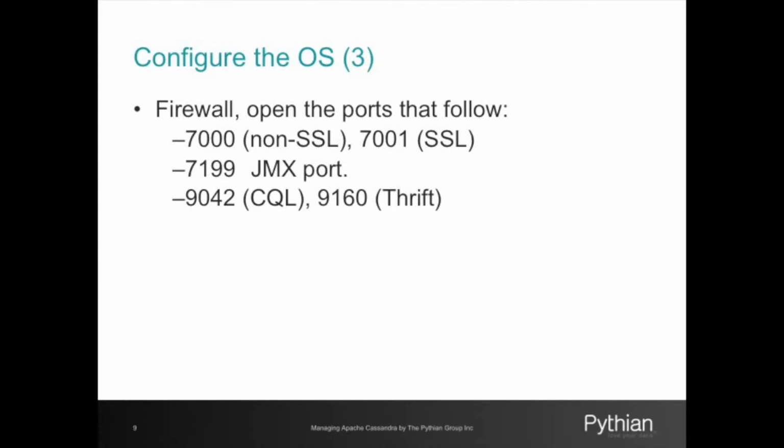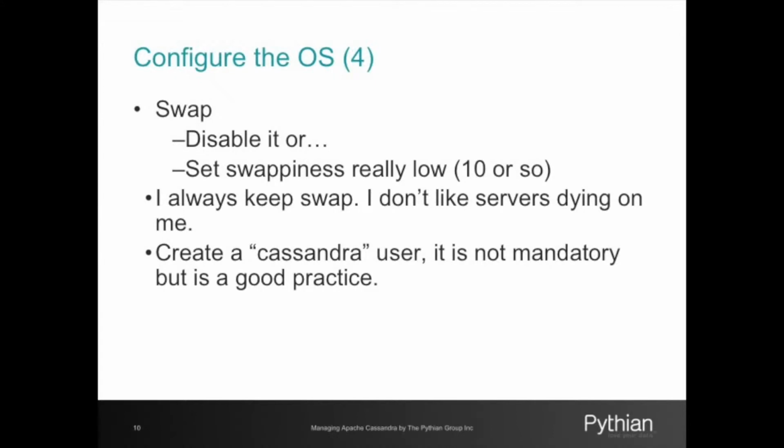And we are still not ending with the operating system. So what we can do is, we still have the swap. It's an ongoing discussion, based on personal preference. The documentation says that you can disable it and you should disable it. I personally don't like to disable swap. I normally set the swappiness really low, for example 10, because I don't like the servers to die on me